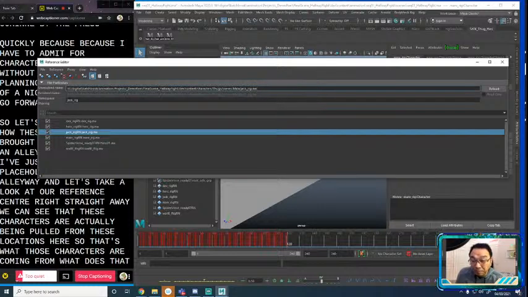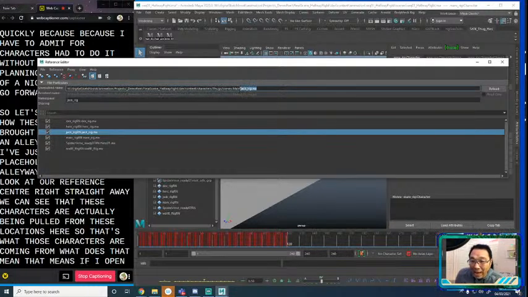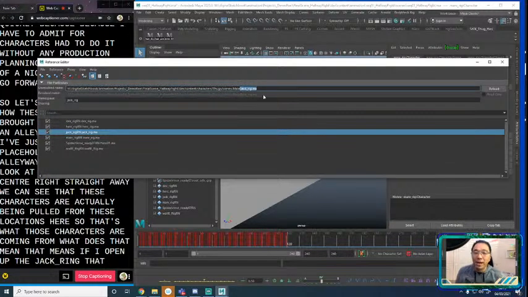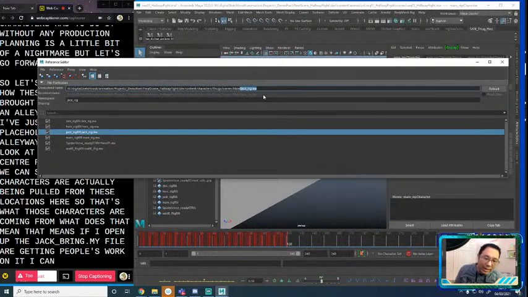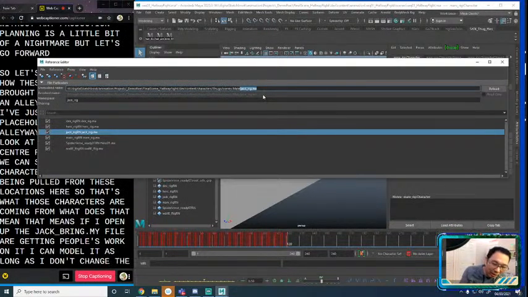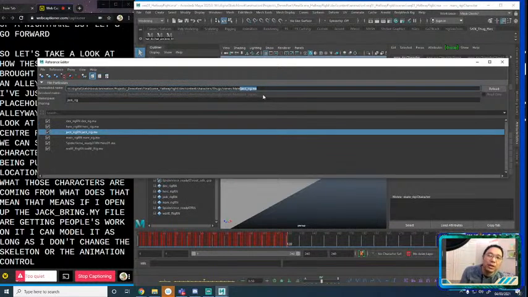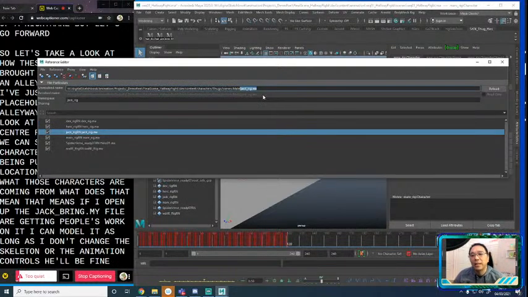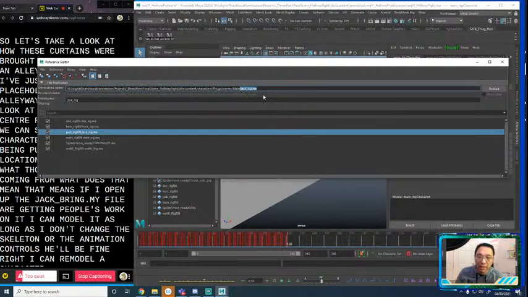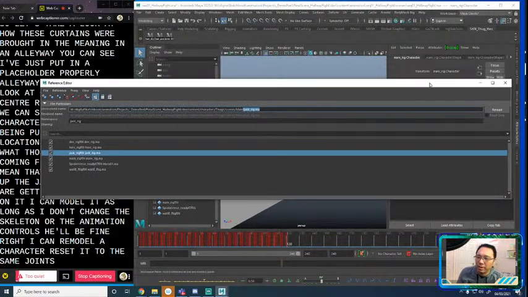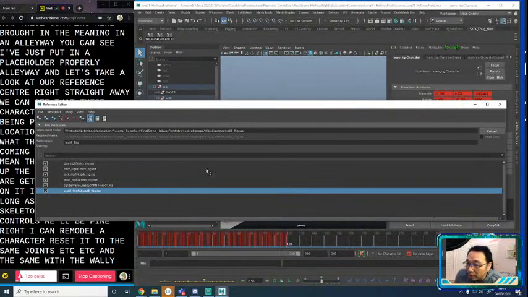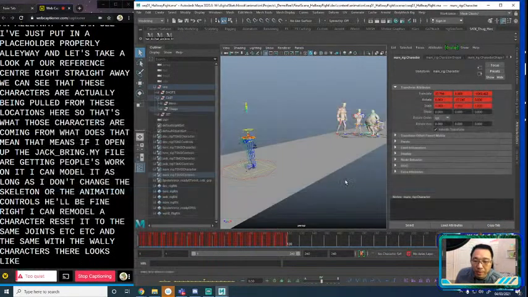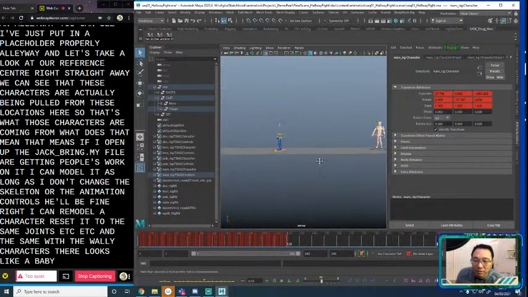What does that mean? That means if I open up the jack_rig.maya file, I'll get a T-pose. I can still work on it. I can model it. As long as I don't change the skeleton or the animation controls, it'll be fine, right? I can remodel the character, reskin it to the same joints, etc., right? And the same with the Wall-E characters there. It looks like the baby's not in there, but that's all right. I'll track that one